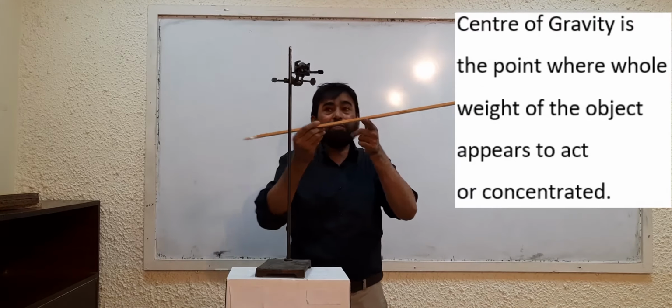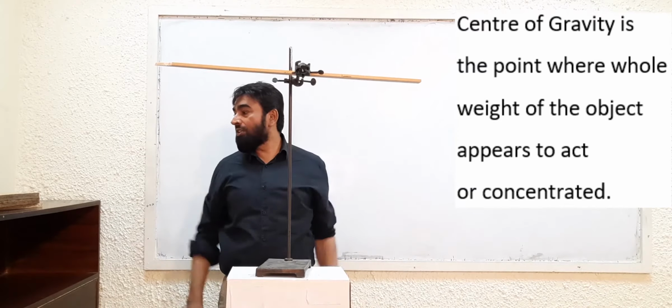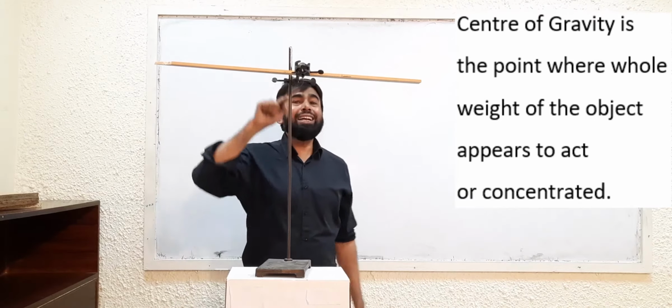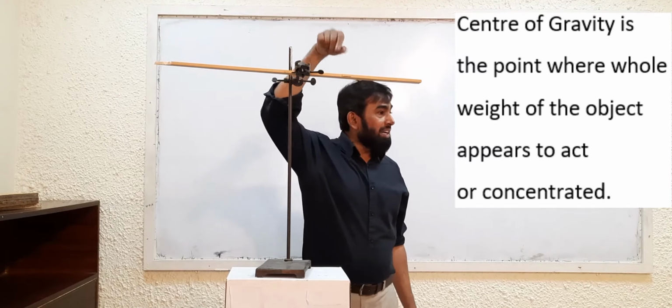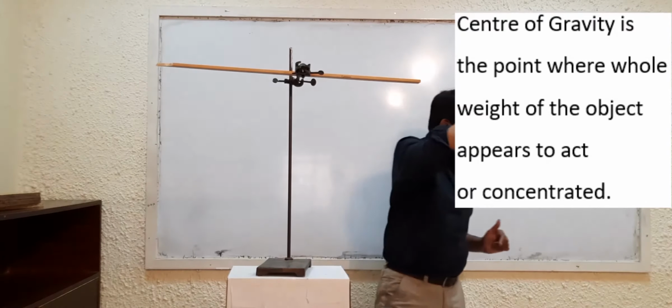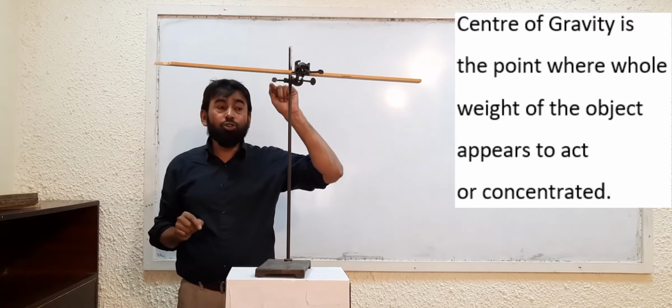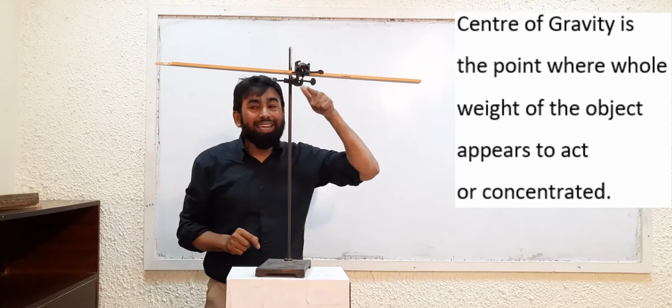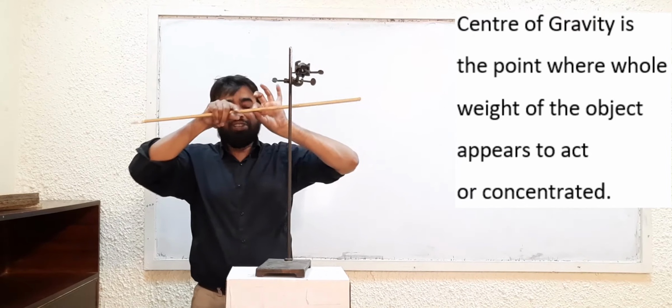So how can we find out that center? By balancing at that point. From this object you can see that we are not sure where the center of gravity is. It is in between, inside this object. We cannot touch the inside of this object, so that is why it appears to act. We are sure that the center of gravity is basically inside this ruler, in the thickness of this ruler.